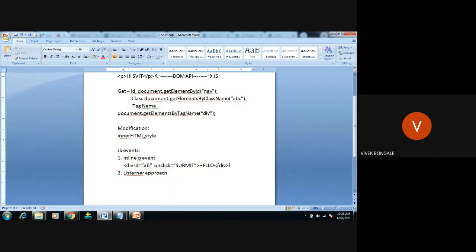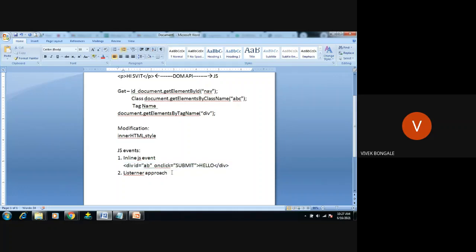But in a real-time scenario, with 1000 lines, you have to find where you have used this inline JavaScript event and modify it. It will be very difficult to identify each and every line in the HTML code where the error occurred. That is the reason it is not recommended.